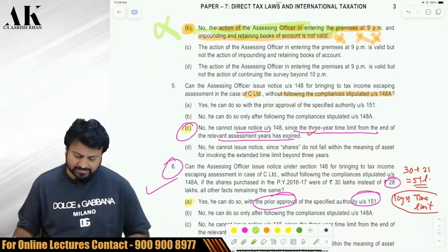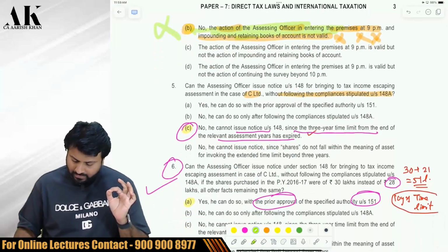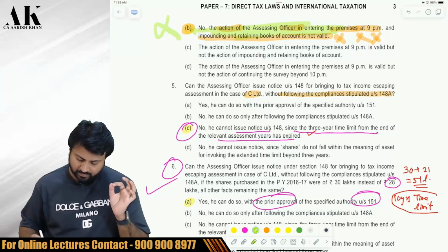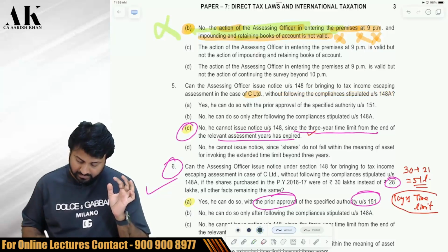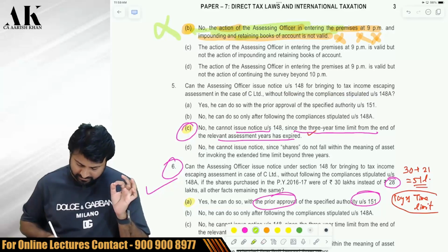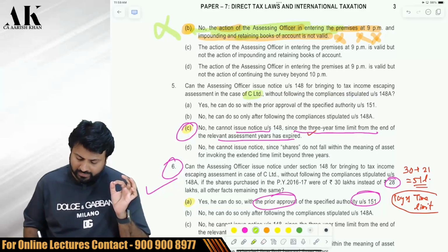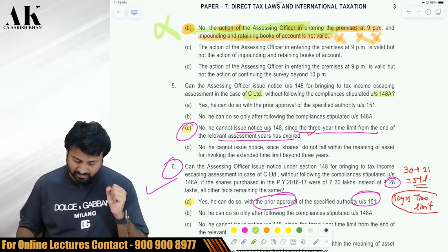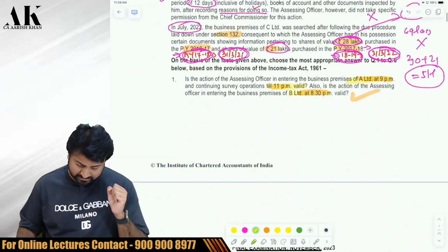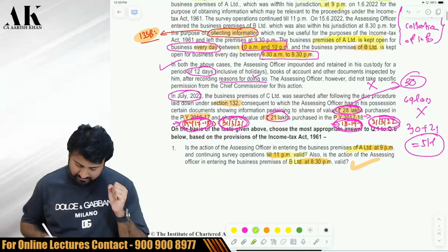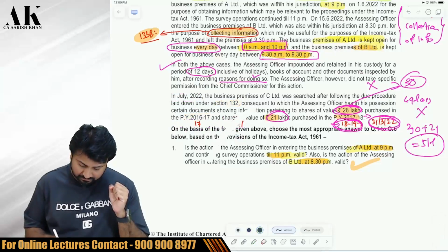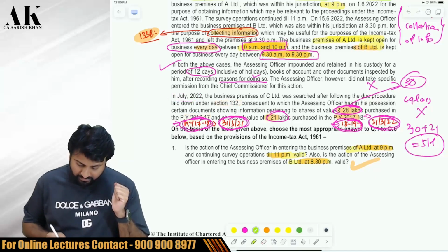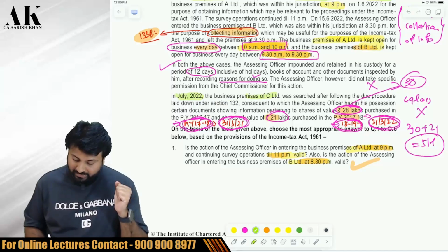Next question. Can the AO issue notice under 148 for bringing to tax income escaping assessment in case of C Limited without following the compliances under 148A? Now, what is the situation of C Limited? Let's see what is the situation of C Limited here. Now, in July 2022, the business premise of C Limited was searched after following due procedures laid down under 132,